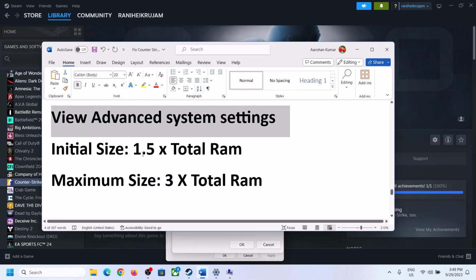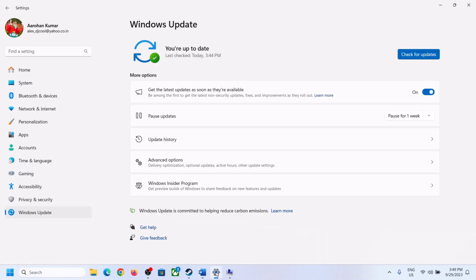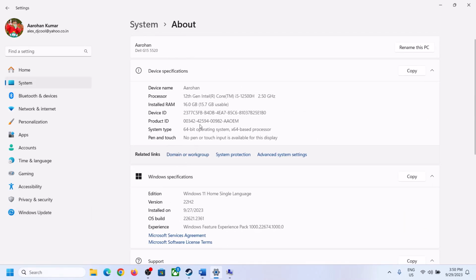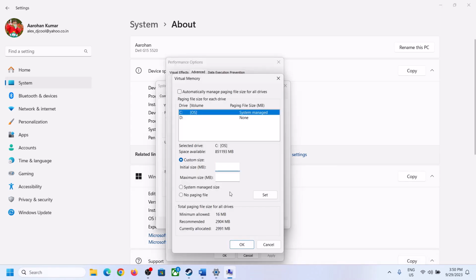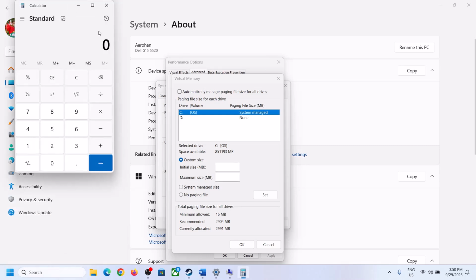for initial size it's 1.5 into total RAM. So you can check the total RAM in Windows settings. You can go to system and then go to about, and total RAM in my case is 16 GB. So you can calculate accordingly. In my case it's 16 GB, so I will calculate as per 16 GB. First of all we have to convert 16 GB into megabytes. So we will open calculator. So type in calculator in the run box and then click on OK, and over here